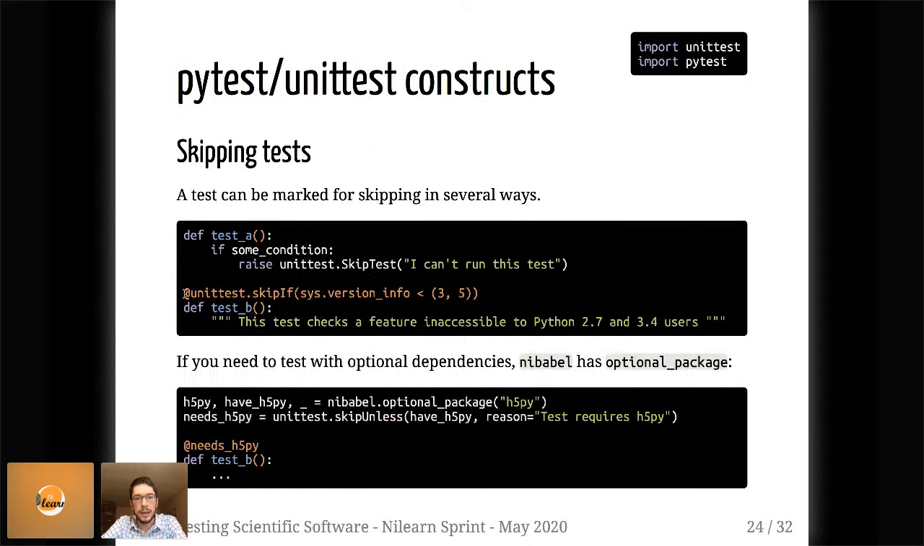And you can also use a decorator, which I hope people are familiar with because I don't really have time to introduce the idea. You can mark a test in this way, saying this test requires a newer version of Python, so don't test if we don't have at least Python 3.5. A useful idiom here from Nibabel is optional_package, which will return the module if it's available and